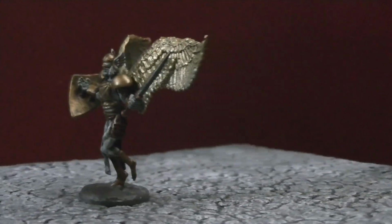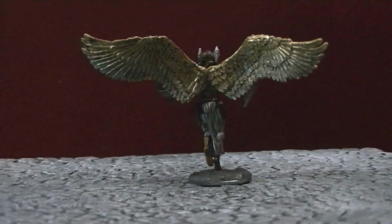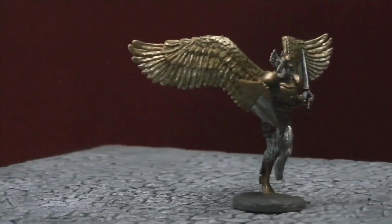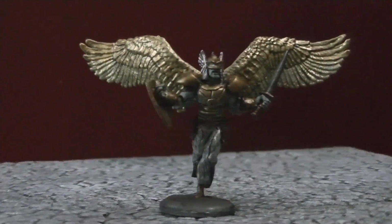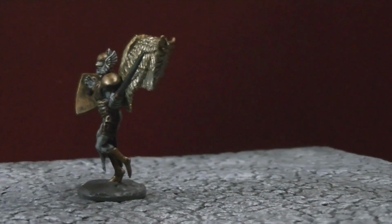I'm very happy with how this guy came out. I think he's by far one of my best that I've ever sculpted, and my buddy that ordered it, I'm very proud of him because he's been getting really good at